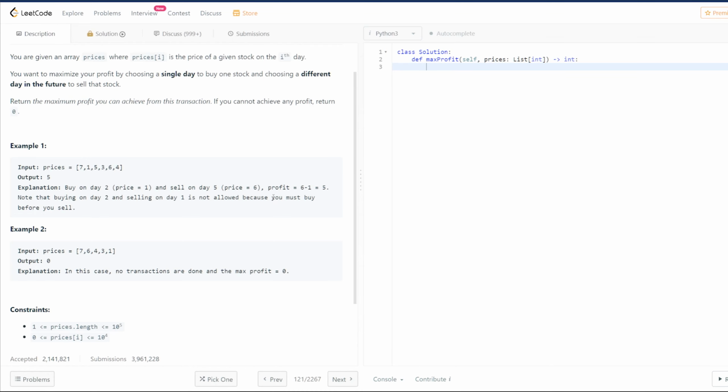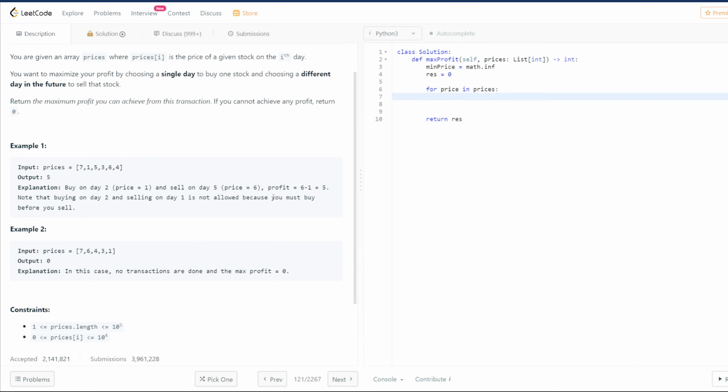So using that, what we can do is store the minimum price so far that we've seen. And initially we can say that this is like a huge, gigantic number. And the result that we want to return is going to be 0, first of all. And we can end with returning that. And using that, we can just iterate the prices array,